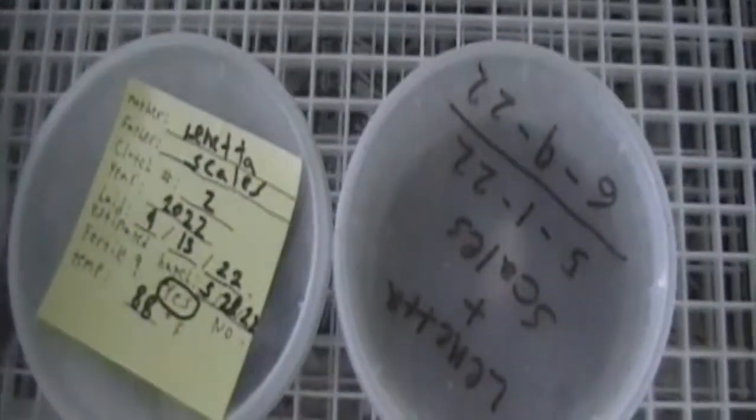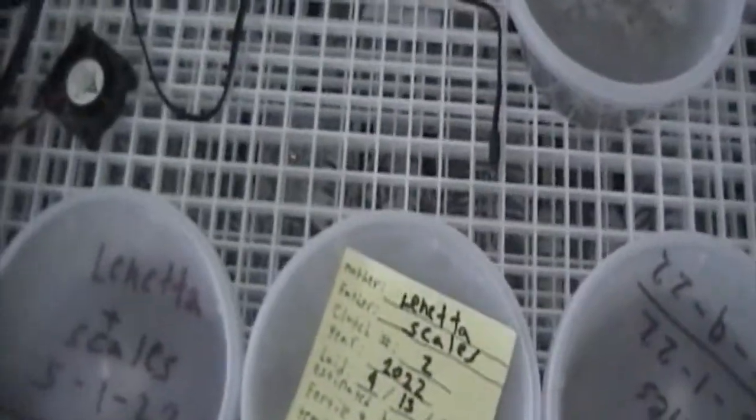So they're all in my incubator. I'm just going to put them closer to the viewing window so I can see them a little better. And now I'm just going to shut up the incubator, and in about 39 days they should hatch and they should be males. So yeah, that is me finding the eggs and putting them into their egg boxes and then into the incubator. So now that the eggs are in the incubator, they'll stay in there for about 39 days,